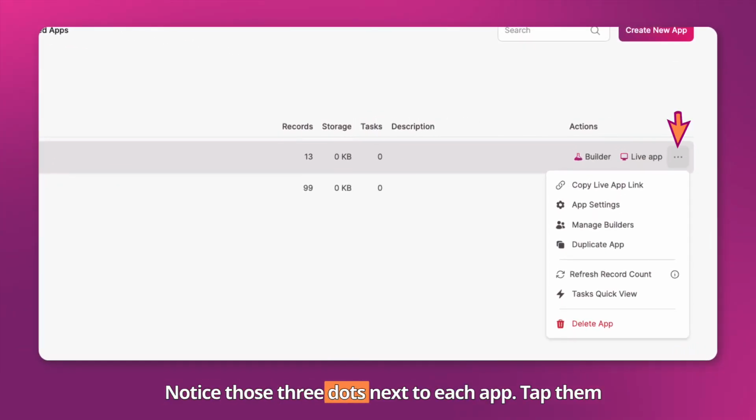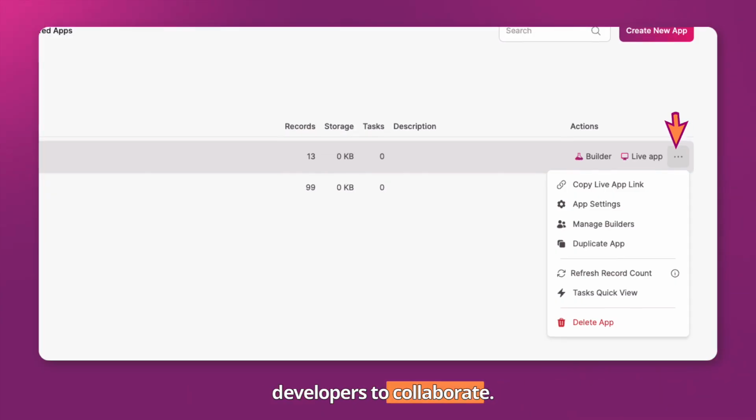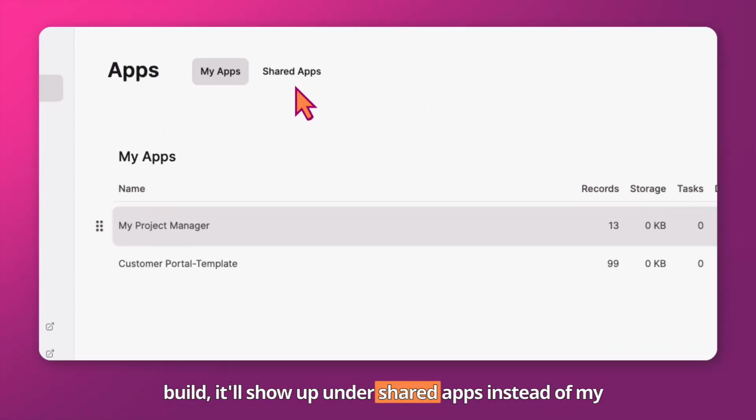Notice those three dots next to each app? Tap them to access settings, copy your live app, or invite other developers to collaborate. Pro tip, if someone shares an app with you to help build, it'll show up under Shared Apps instead of